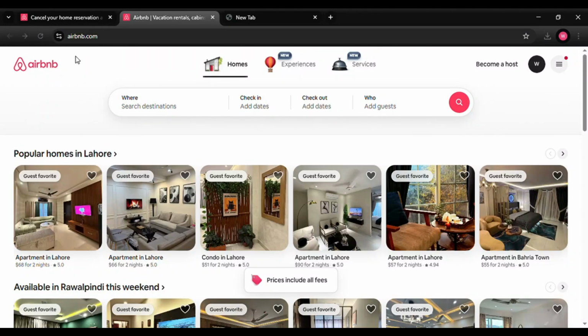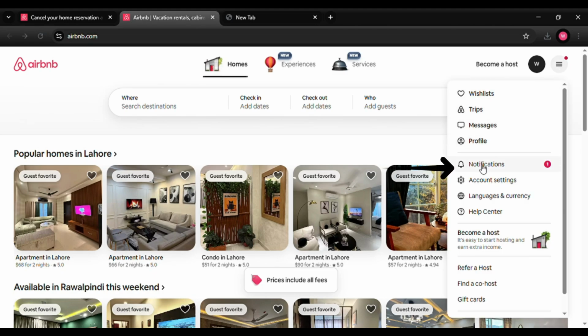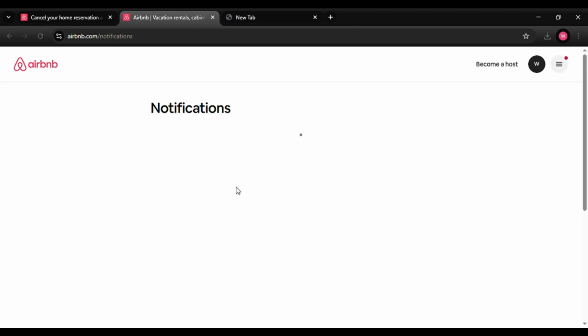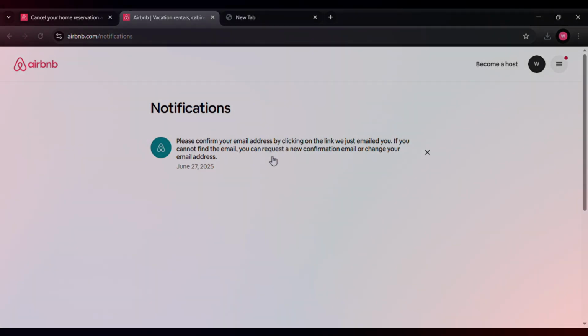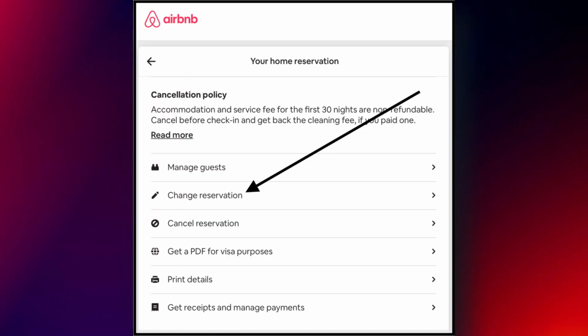Open your browser, click on the search bar and search for the Airbnb website. Then you see a page, scroll up. If you reserved any hotel, you can see your notification and you can extend from it. But there are some terms you can read to understand how you can extend your stay, like before your arrival